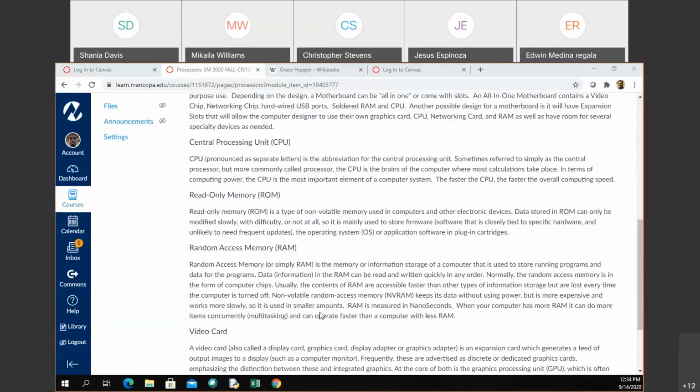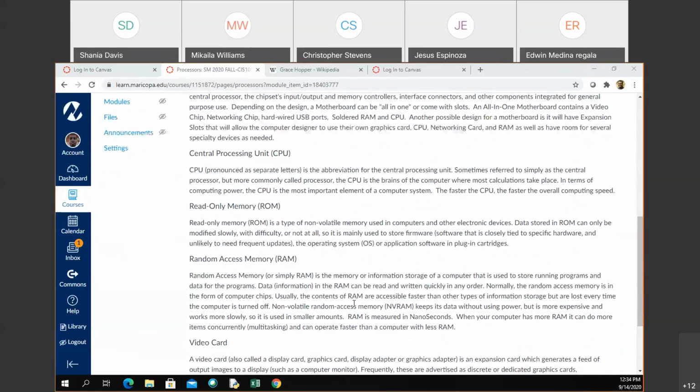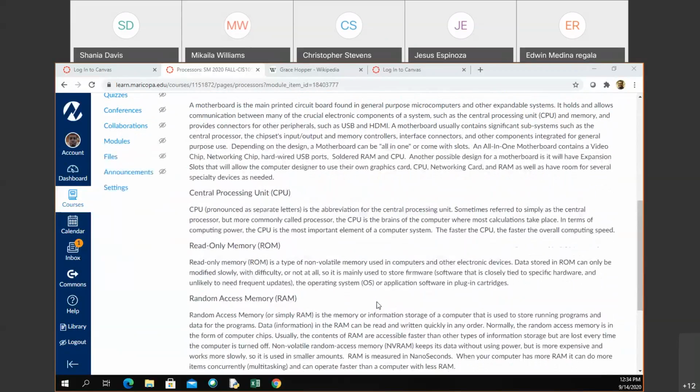So there's other things on here as well. RAM is the second most important storage and memory, and what this does is it stores temporarily what's going on. So it stores anything that's currently running or any data that's currently being used. That's stored there. And so it is volatile, so it is very temporary. It can be read or written very quickly in any order because it's so temporary and because of the connection it has. But if you have anything in RAM, if you turn off your computer, say on accident or